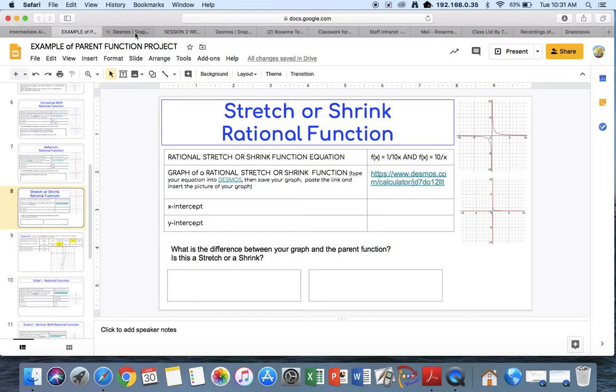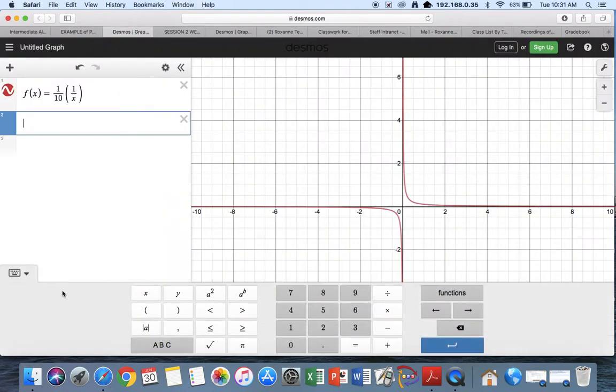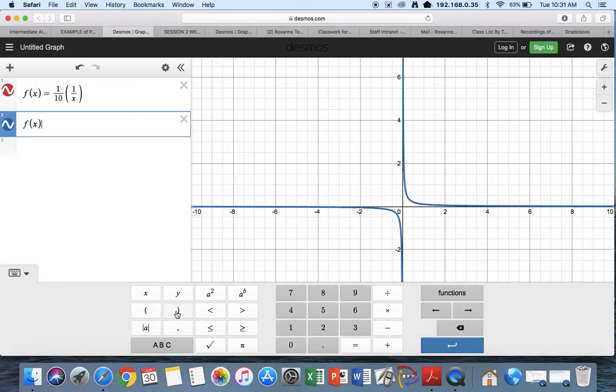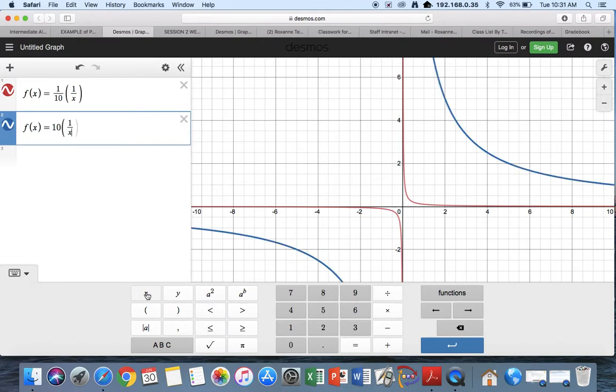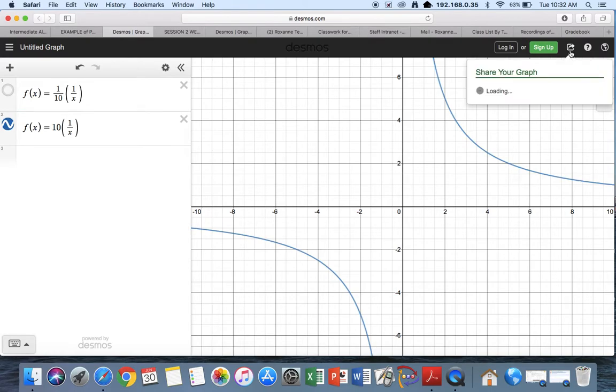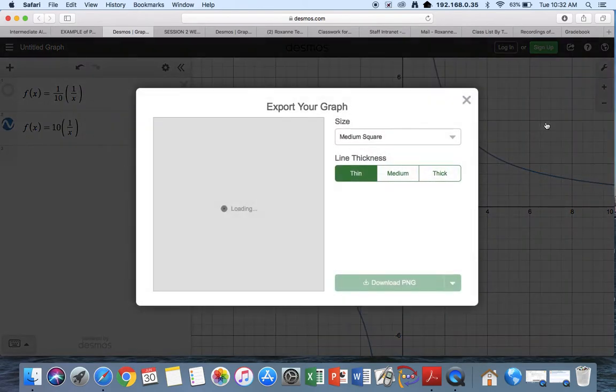Now let's go back to Desmos and type in the next function. f of x is 10 times my function. So in the Desmos graph, we have f of x is equal to 10 times 1 divided by x. All right, close that. Now we have the blue one. I only want the blue one to show up, so I'm going to turn off this one, and here's my blue one. So once again, I'm going to copy my link, export my picture,